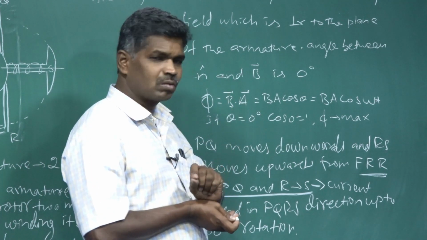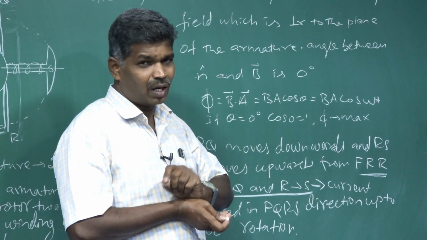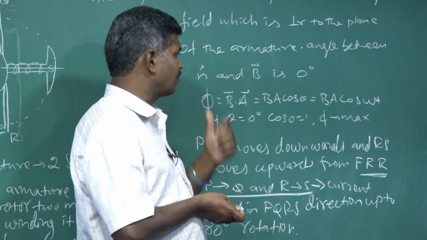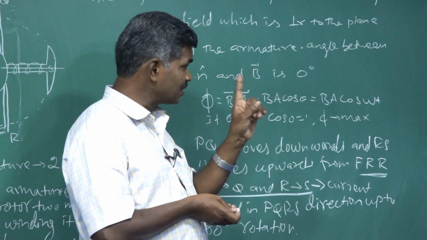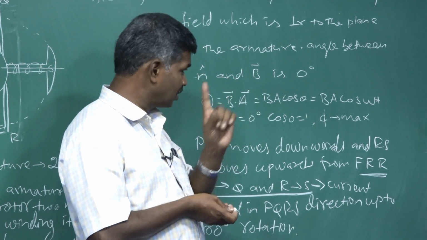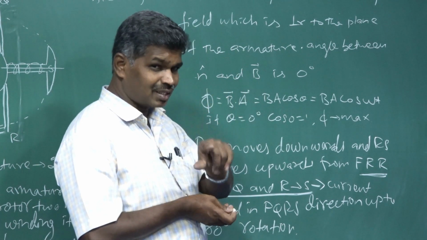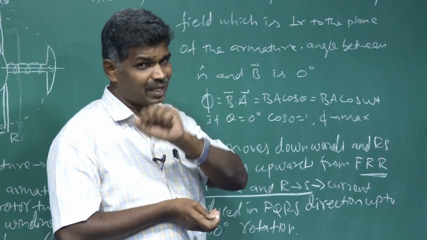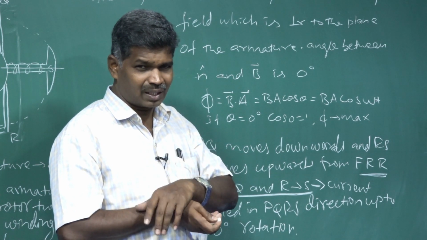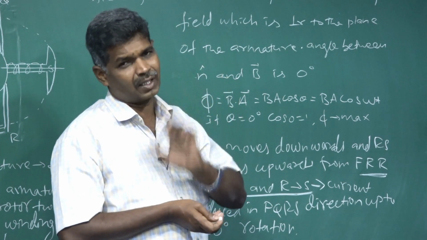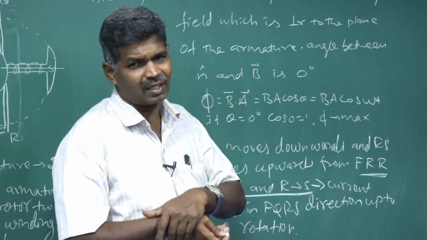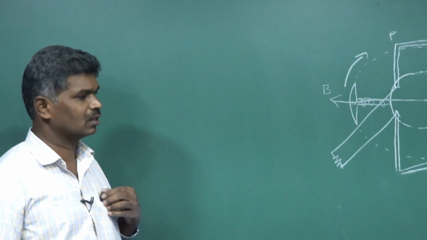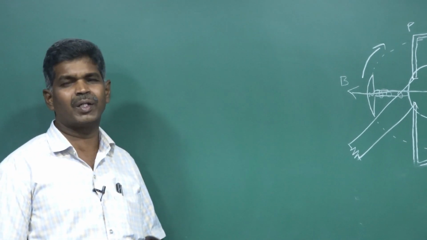Then we are going to take the equation for induced EMF. According to our flux equation, for a single turn armature, a single coil, we can take flux as phi equals BA cos omega t. If you have N number of turns, the flux can be taken as NBA cos omega t. Okay, next we will see the induced EMF. According to Michael Faraday's laws, we are going to see the induced EMF formula.